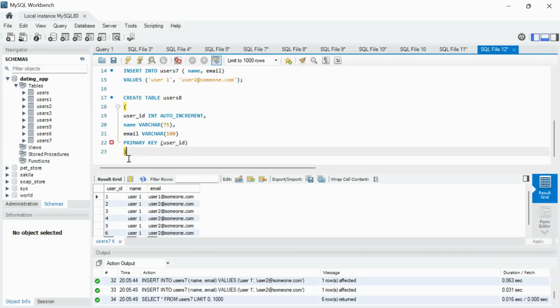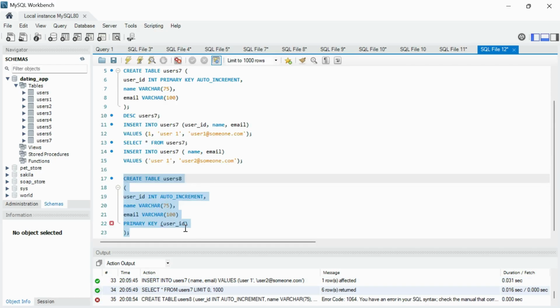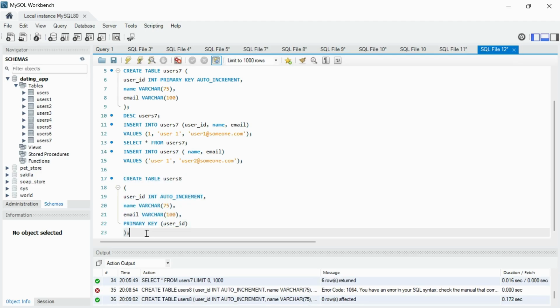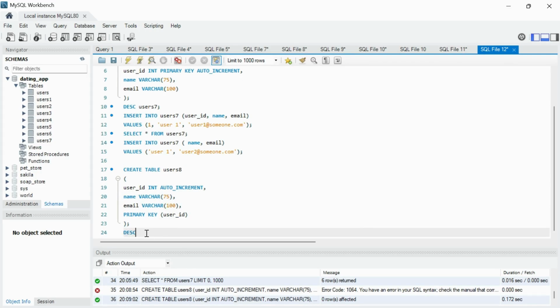So this way also you can assign keywords or constraints to your table, right? This will also be the same. Sorry, I forgot to add the comma here. Let's try to execute it. It is successful. When I try to describe this table, users 8,